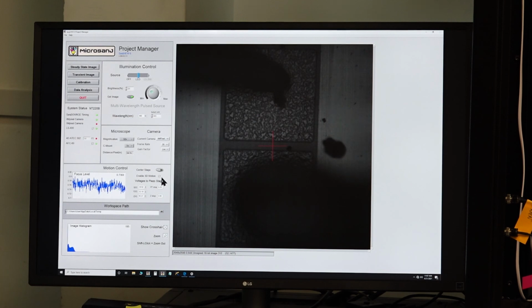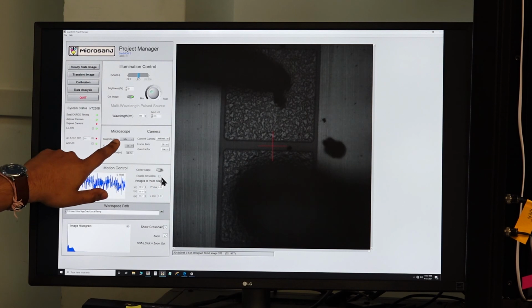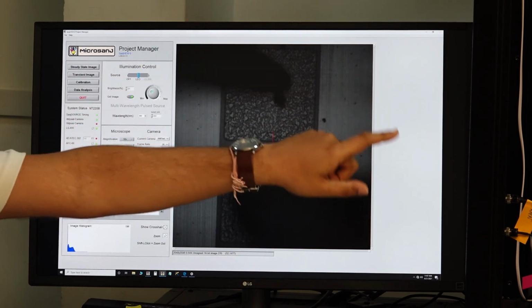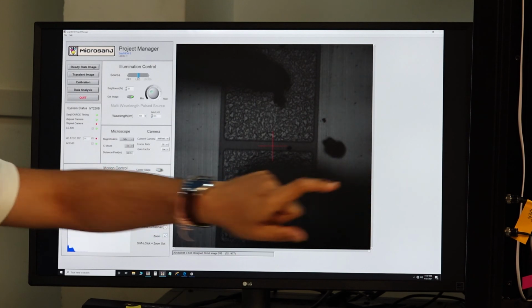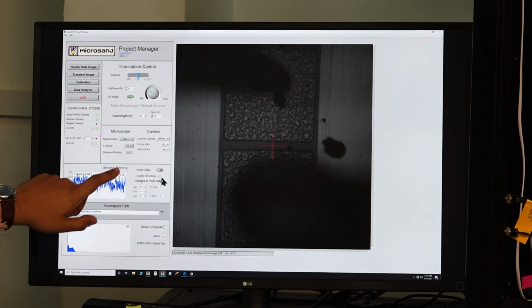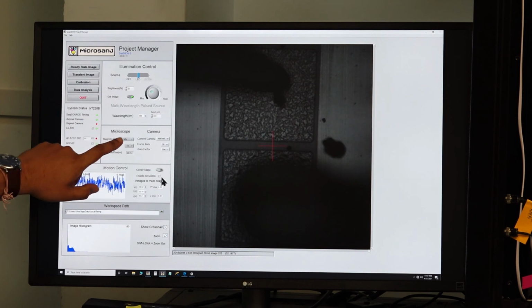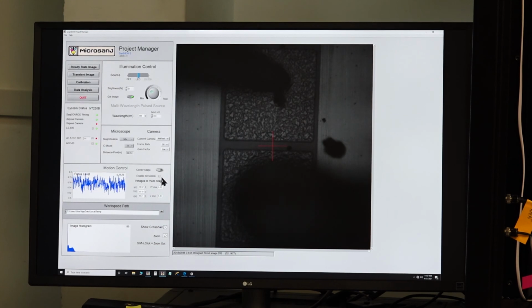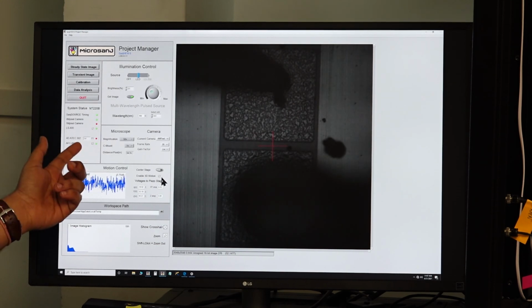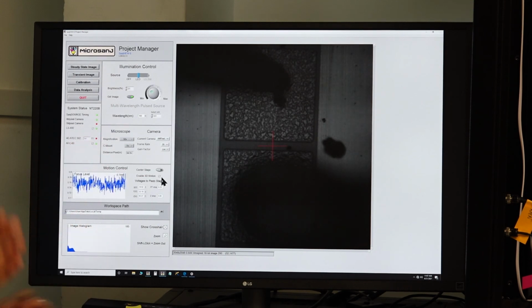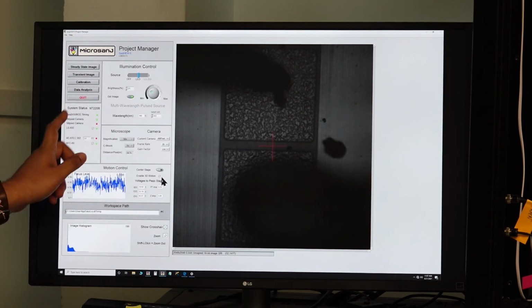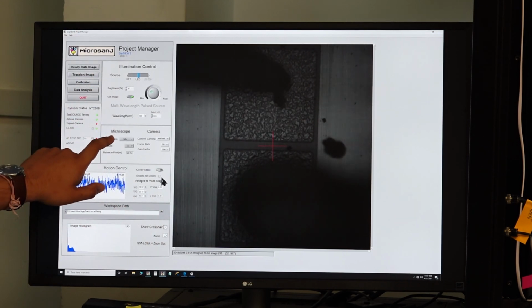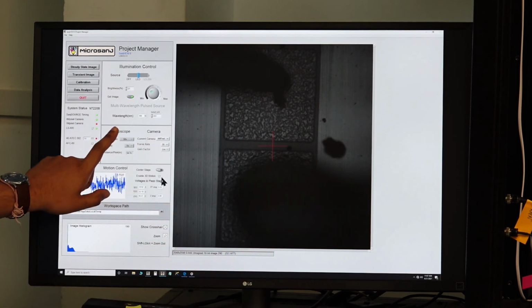Before going to the next module, we will quickly check the key parameters. First, we have to ensure that the magnification is set properly to whatever objective you are using. For example, I'm using 50x, and it is set here to 50x, because if we do not set it properly, then this distance per pixel number would be set wrongly. I may be using 50x, but the software will not know. If I set it to 20x, it cannot know that it actually is 50x, so it will do all the calculations according to 20x. In order to avoid that, we must ensure that whatever objective we are using is set here.